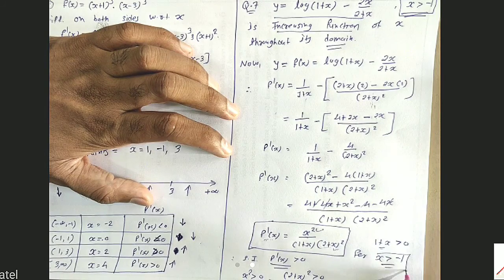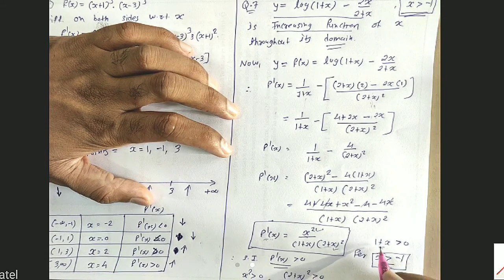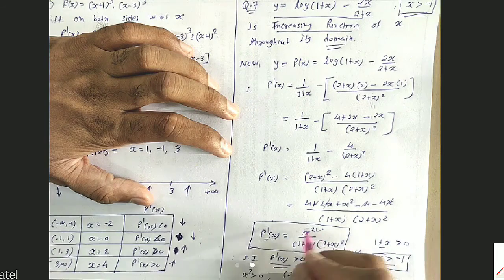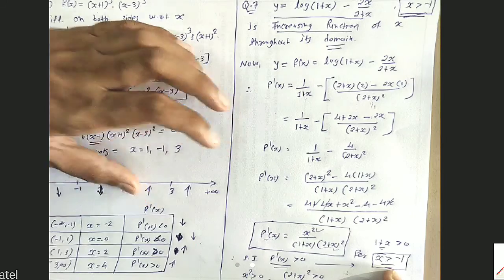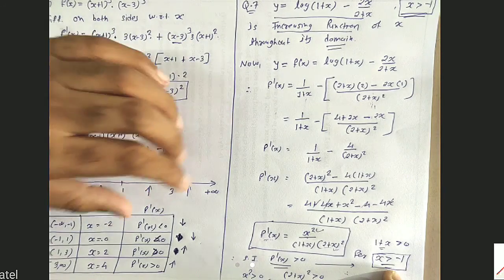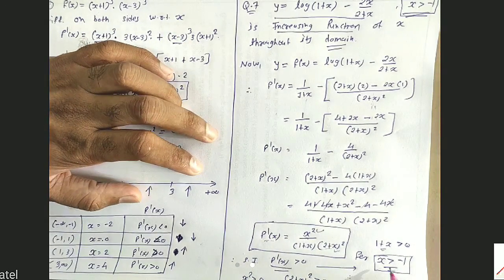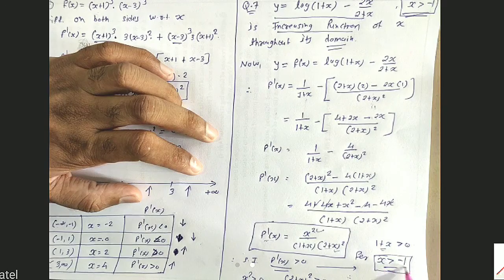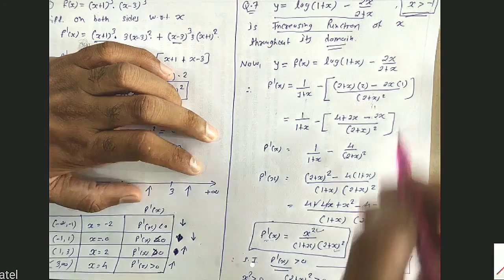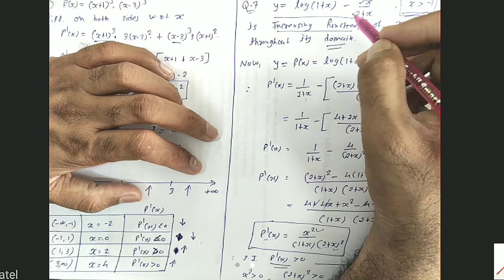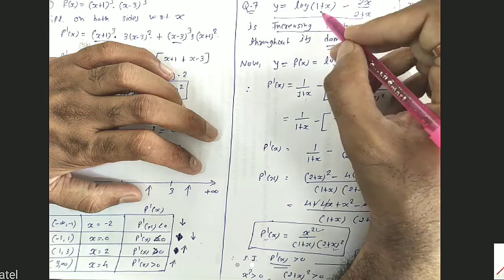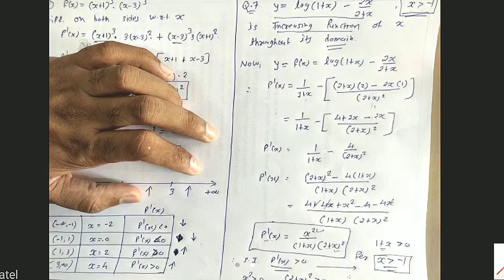सो फॉर x ग्रेटर देन -1, this will be greater than 0, and if 1 plus x is greater than 0, our entire f dash x will be greater than 0, and therefore we can say that our f dash x is greater than 0 for x greater than -1. Done. So our function will be a strictly increasing function on its domain, throughout its domain. So what is x greater than -1? x greater than -1 is nothing but the domain of this function. What is domain? For these values of x, our function is defined. Clear?